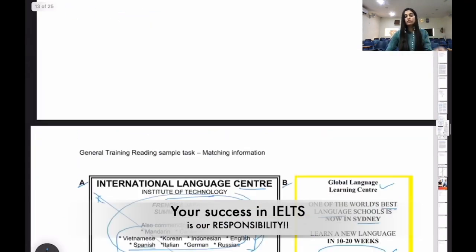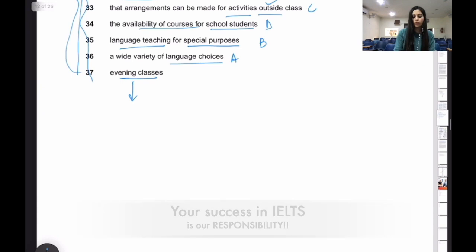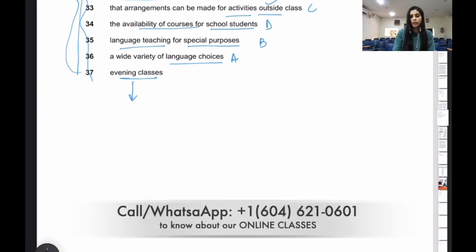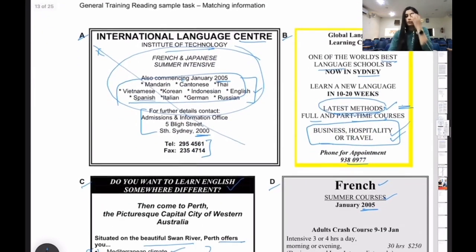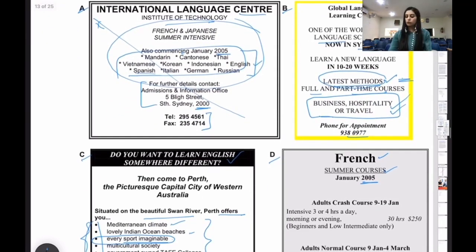Last but not the least, evening classes. Quickly look for evening. Now what are the synonyms you can expect for evening? So something that is after 12 p.m., right? So basically 3 or 4 p.m., but you have to look for p.m. I hope everyone knows a.m. and p.m. a.m. is in the morning, p.m. is in the evening, post the afternoon. So you have to look for timings. There could be exact mention of the word evening, or you can locate PM also. That's how you kind of scan and figure out the answer to such questions.